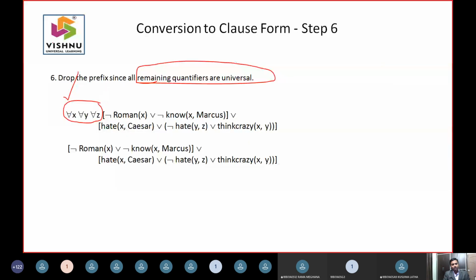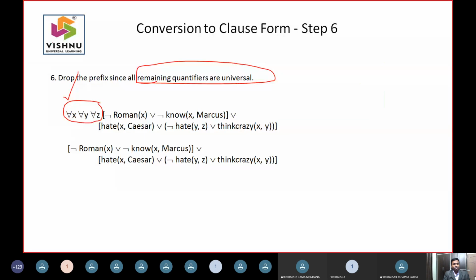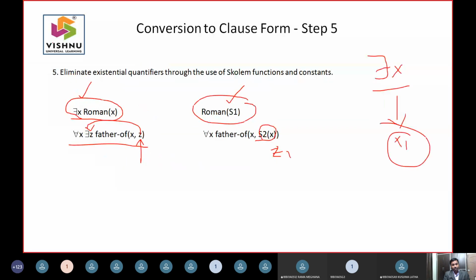Or, without replacing it with Caesar, you can say C1. That C1 can be Caesar or C1 can be somebody. If C1 is Caesar, you can answer. If C1 is not Caesar or somebody, then there is no need to answer, because the name of the ruler was not given and it is a specific ruler that people are mentioning. So obviously you cannot answer that query. That's what you can say at this moment.